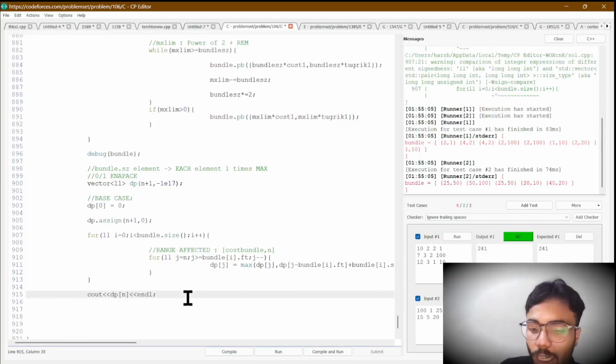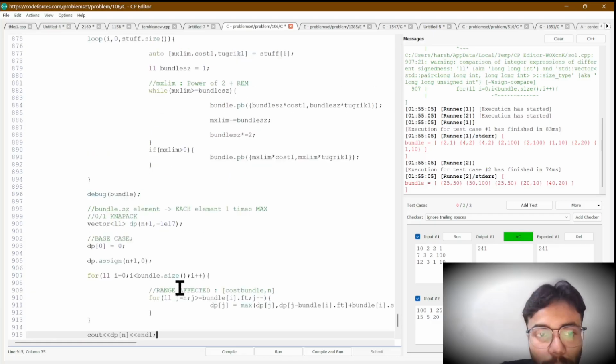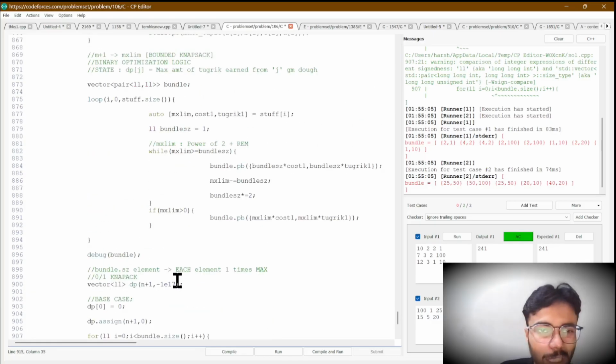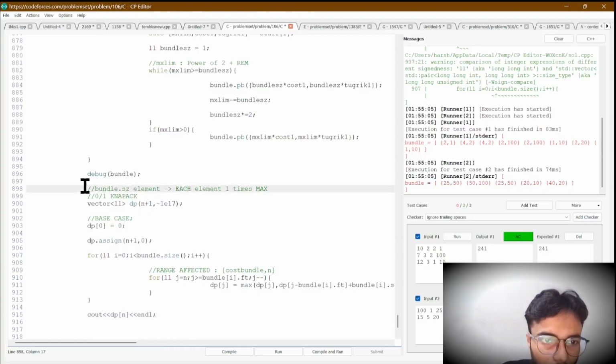So this is the implementation using the tabulation approach. If I simply implement this using the memoization approach, or if I convert this into the memoization approach, then I already told you in the memoization approach I need to utilize the factor of I also, because it will use DFS. So it will explore in a non-linear fashion. So if I just convert this into the memoization approach, then I just simply have to comment this,